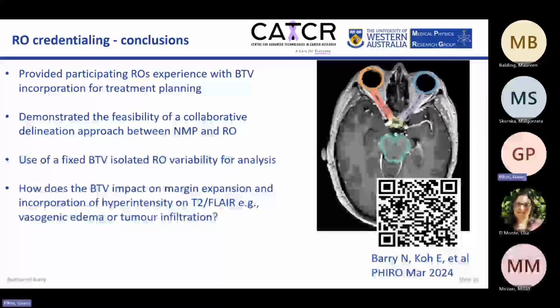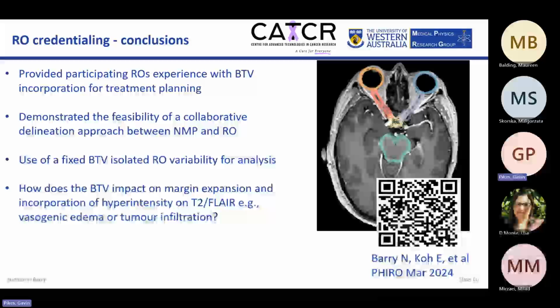And so to conclude, this was a good opportunity to provide participating ROs with experience in incorporating the BTV into treatment planning. And one of the most important points is the demonstration of the feasibility of doing this collaborative delineation approach, where you have to take a nuclear medicine derived volume and then pass it on to radiation oncology as well. But one of the more interesting questions that may need to be answered as part of the FIG trial